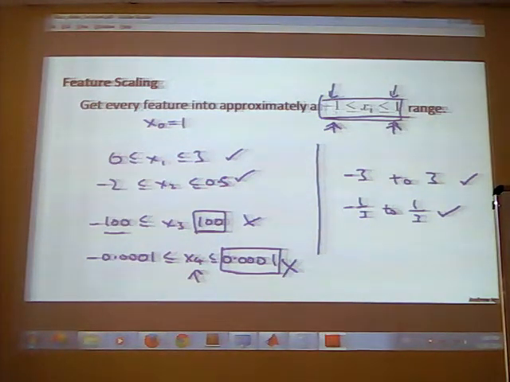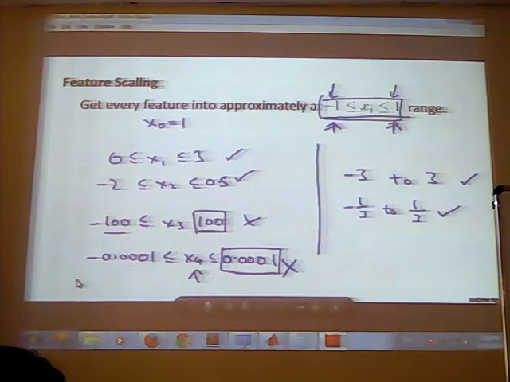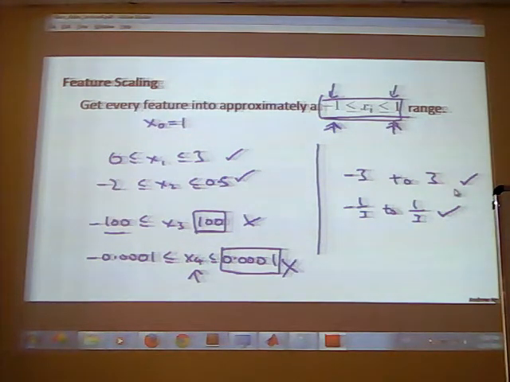This is not in the range between -1 and 1, but though it's convenient to use, it won't make much difference. And if we have -2 to 0.5, this is also a good one. But if we have a variable ranging from -100 to 100, this is not a good choice. More precisely, what Andrew Ng said is we can go up to -3 to 3. That's better. Though you can choose -4 to 4 or -5 to 5 as well, at this limit it will be better for us.